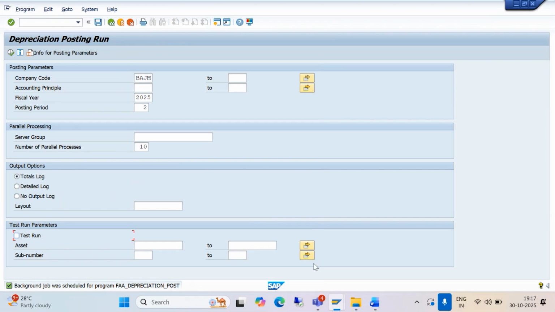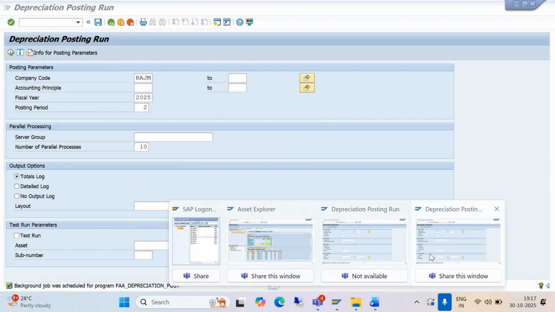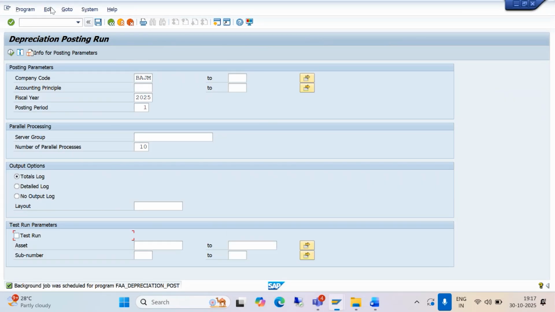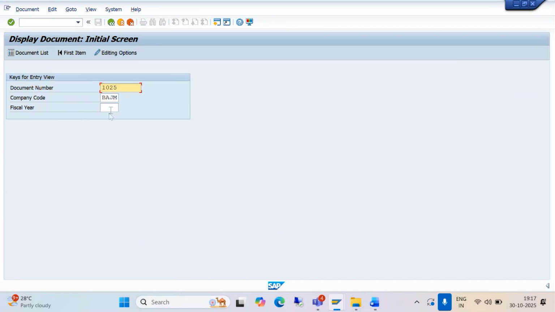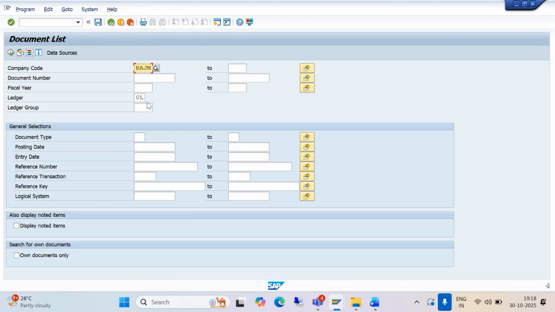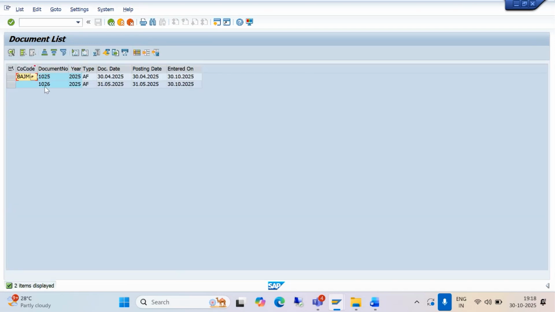So how can we see it again? We have to see the document, that means FB03, the depreciation document. Just remove this and give the fiscal year 2025, and go to the document list. In the document list, give the fiscal year 2025 and the document type AF, and execute it. You can see the second document has been created with sequence 1026. For every month, it will take a sequence document number